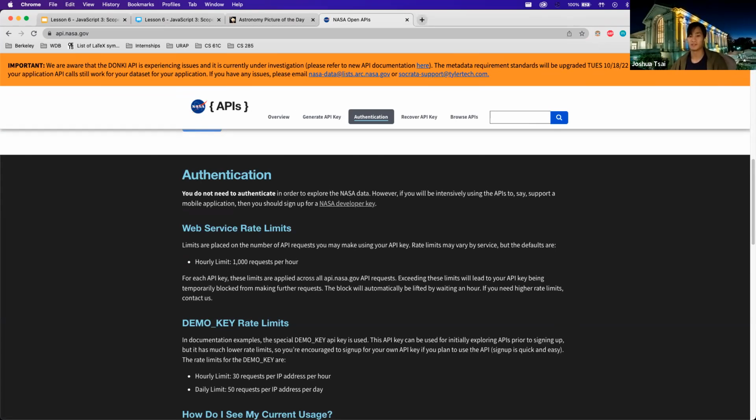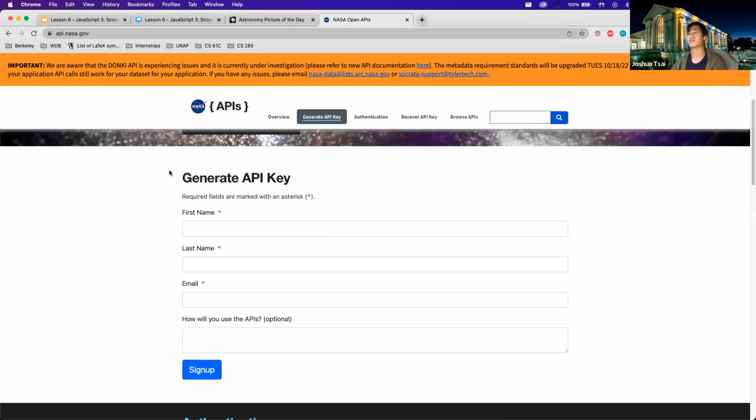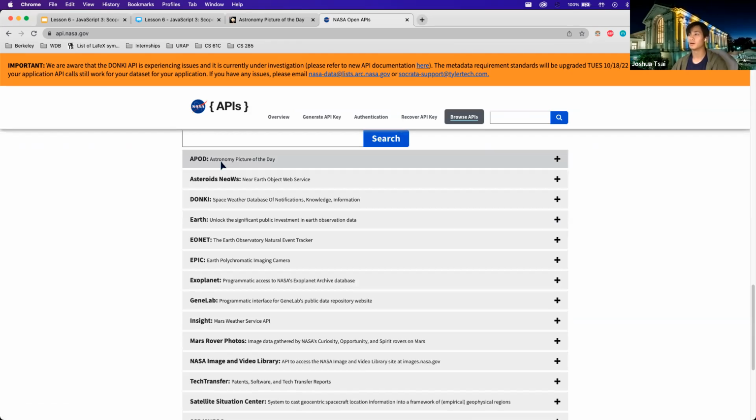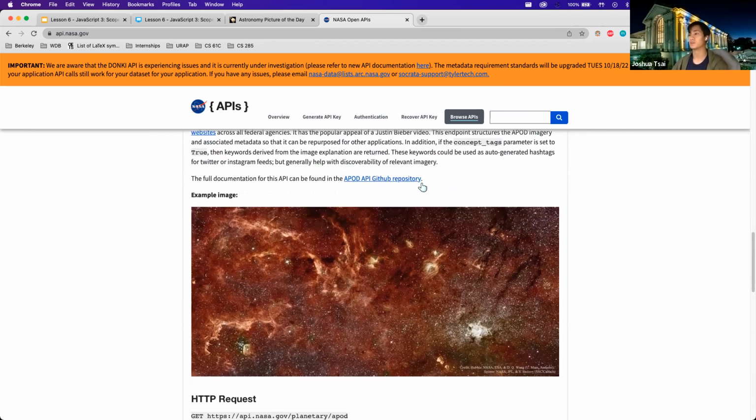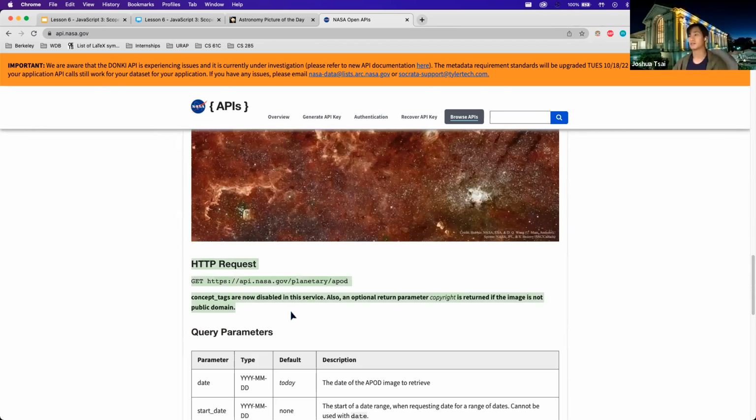But I'll send it in the chat so people who want to follow along can generate their own API keys. And this will be necessary. You'll need to pass this information along in your requests so that the NASA API will know that you are registered with them